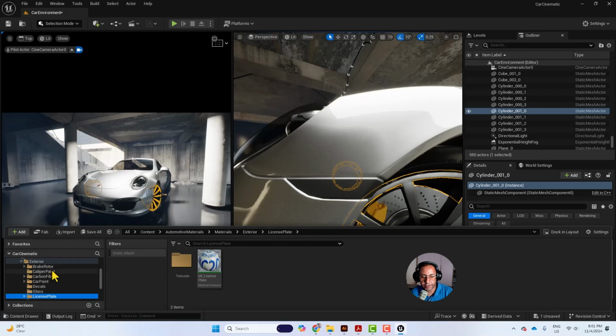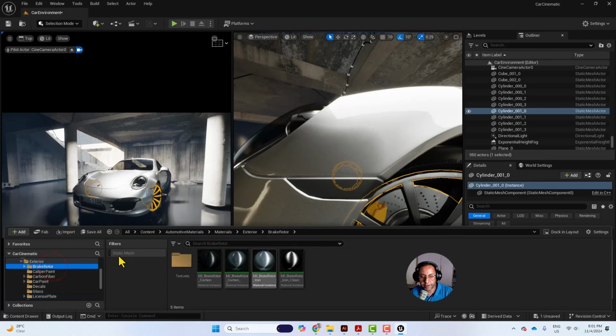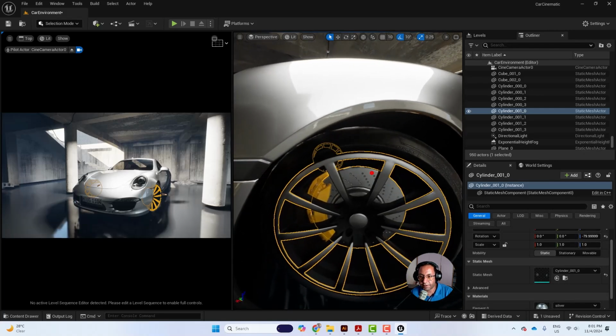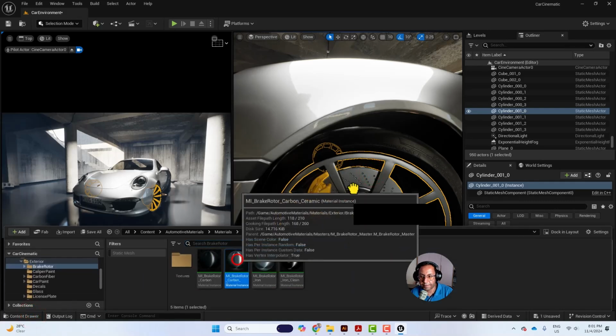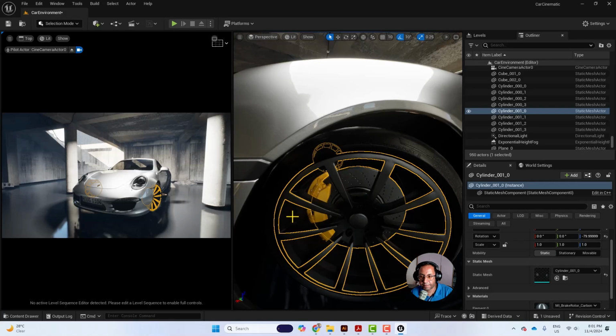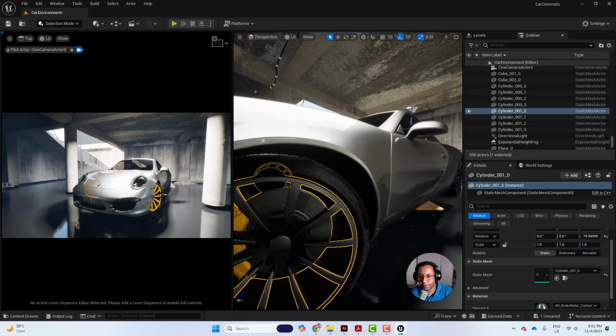You can change the brake rotor, this one for example. I can drag this brake rotor. Yeah, it's up to you. You can